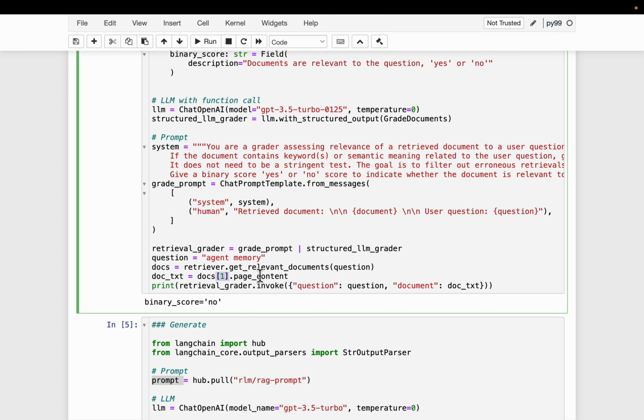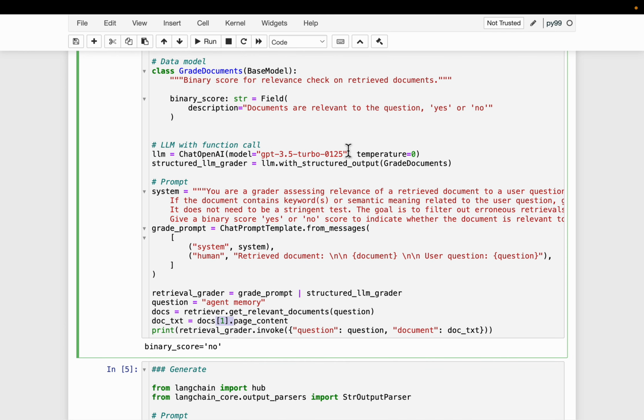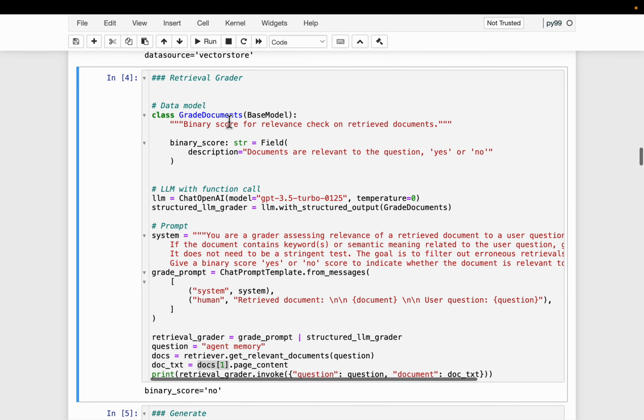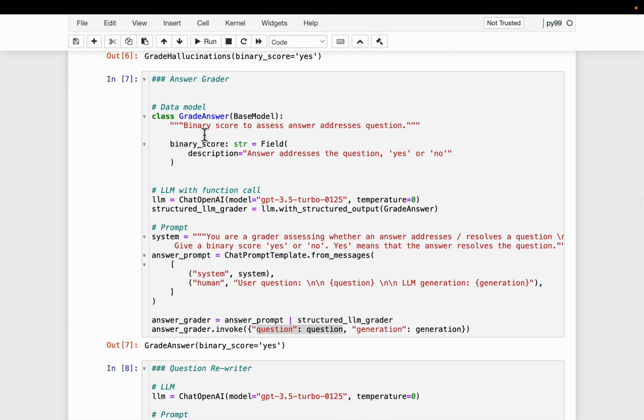Probably there is only one document within this vector store which is actually relevant to agent memory, so that document is retrieved as document 0, and then here we have the first document. This one is not relevant to the user query, so the grader said no, this is not relevant to the question.